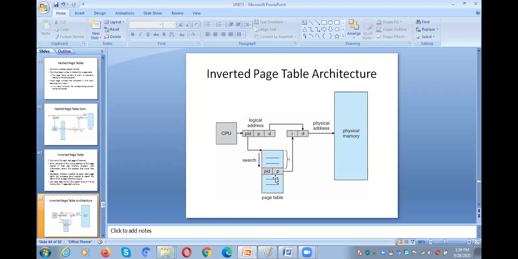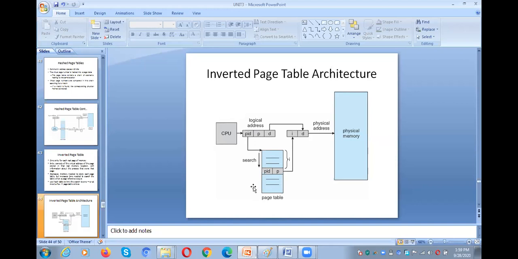So it is very fast. It is very fast when compared to the previous techniques. Why? Because frame numbers are in the outer portion and page numbers are in the inner portion. That means the page table size will be reduced. Why is the page table size reduced? Based upon the number of frames only, the page table has entries. Earlier, the page table had entries based on the page numbers.